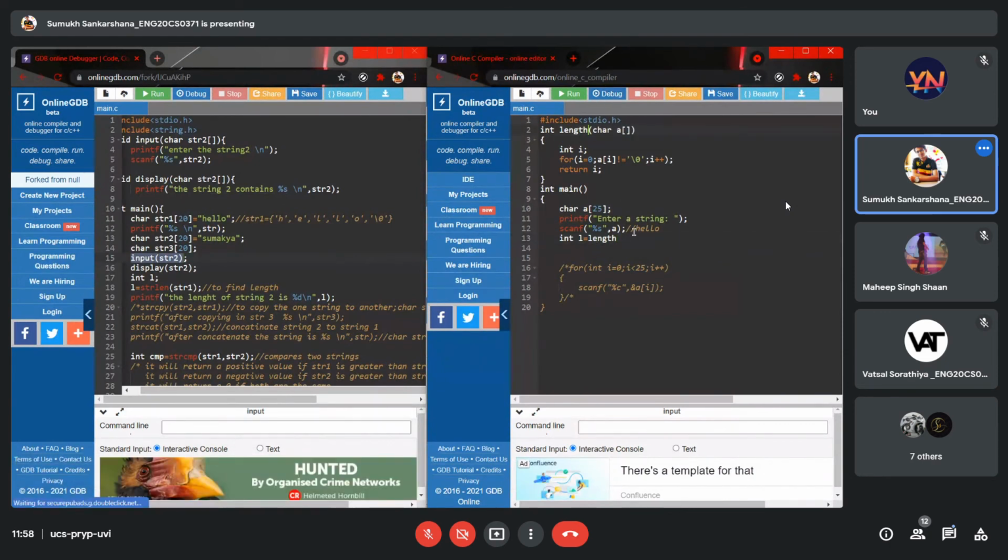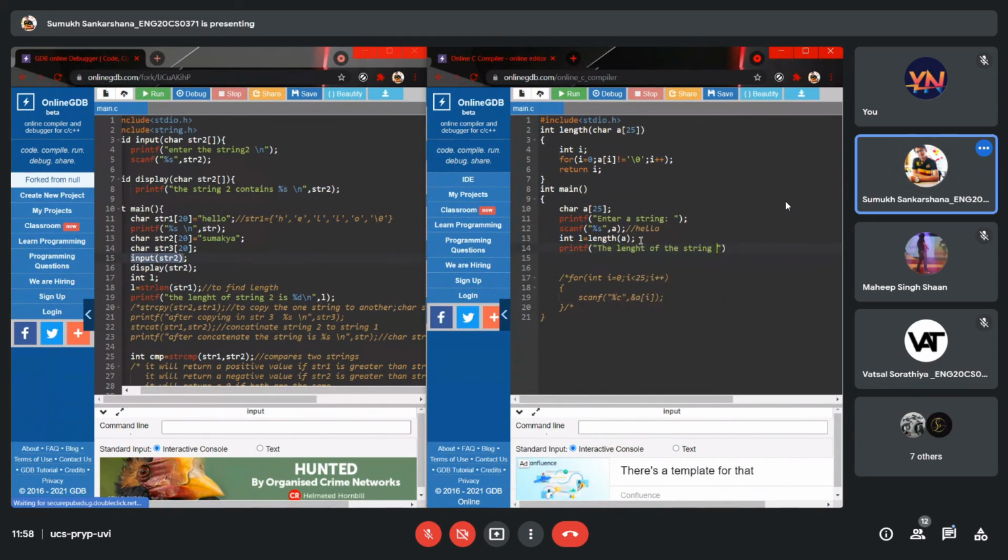So now I have to pass the array which we entered. So I'll be passing only the A. Why have I not passed a size over here? Because you can't pass it without a size. But if you know the size, it is preferred to send the size of whatever you're entering. That is 25 in this case. Now we will print the length of the string.